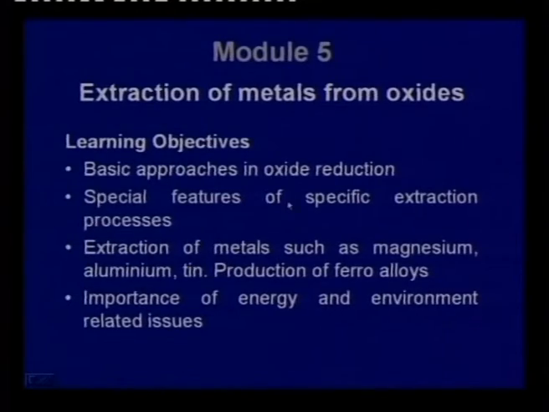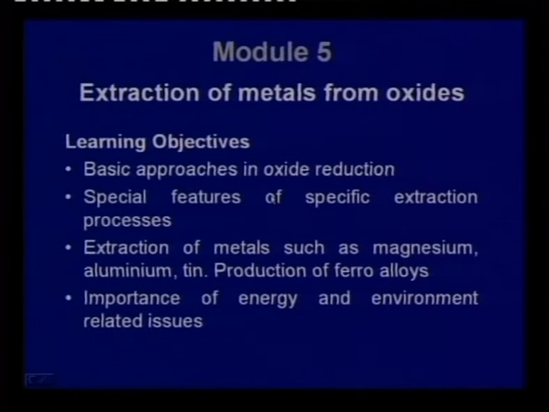Now, up to this we discussed the principles, then we came into the extraction processes for specific metals, and these were done in 3 different models: metals from oxide sources, metals from sulphide deposits, and metals from halides, not all naturally occurring halides, but naturally occurring halides, and also halides which were the starting point of some metals, and these halides may have to be prepared from oxide deposits. Talking about metals which come from oxides, the learning objectives were basic approaches in oxide reduction,